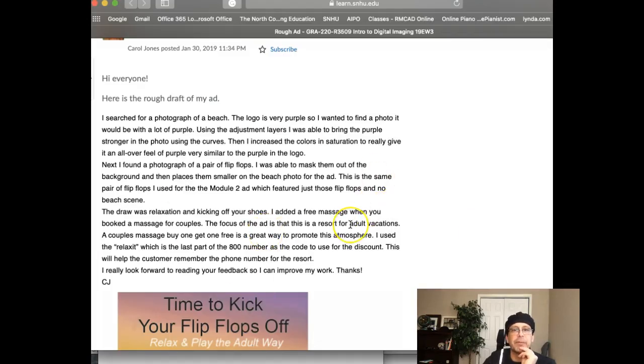I was just reading through your written rationale here, and thank you very much. This is very complete. A thorough written rationale that accompanies any assignment is going to help your instructor ascertain your level of understanding. So I highly encourage students to always include a very detailed written rationale with the